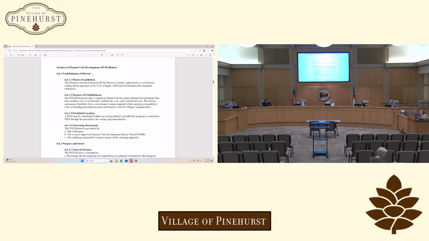Are we adopting a PUD for the Village of Pinehurst corporate limits? It would cover our corporate limits and our ETJ. It's a zoning text, it's part of our zoning ordinance, so wherever we have zoning authority, which is the ETJ and our corporate limits, yes. So it doesn't automatically apply to a piece of property that's in the county that we do not have yet. Correct. They have to ask for annexation.